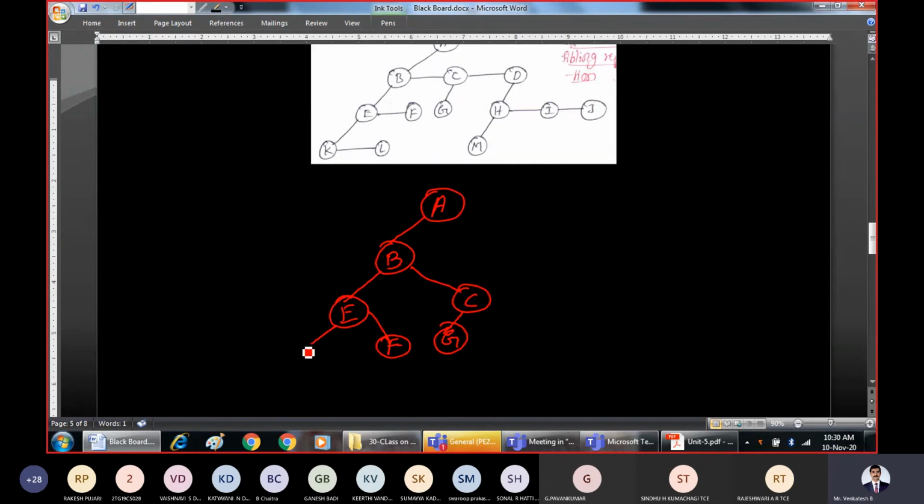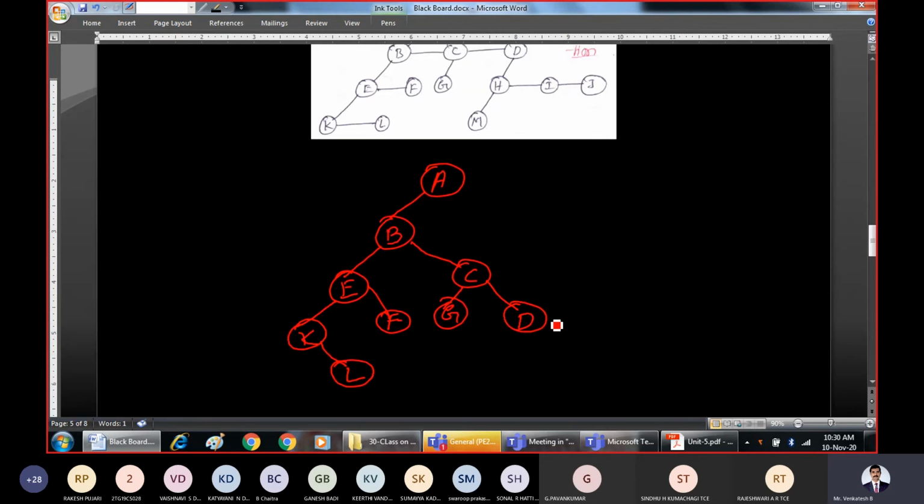Similarly for E, what is left child? K is the left child. What is horizontal line? L. Horizontal line, rotate it and make it right child by 45 degree. We are just rotating them by 45 degree. When it comes for C, what is the horizontal line? D. Rotate it and make it by 45 degree. Only one time rotation. When you rotate this, it doesn't mean that it will also get rotated. No. Only horizontal lines must be rotated, not other lines.